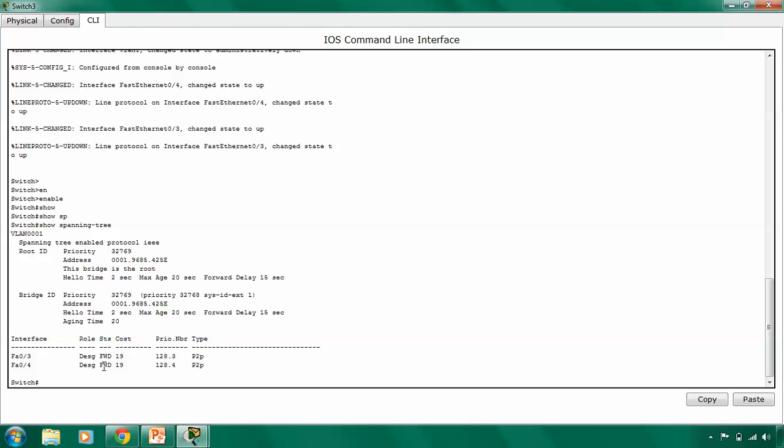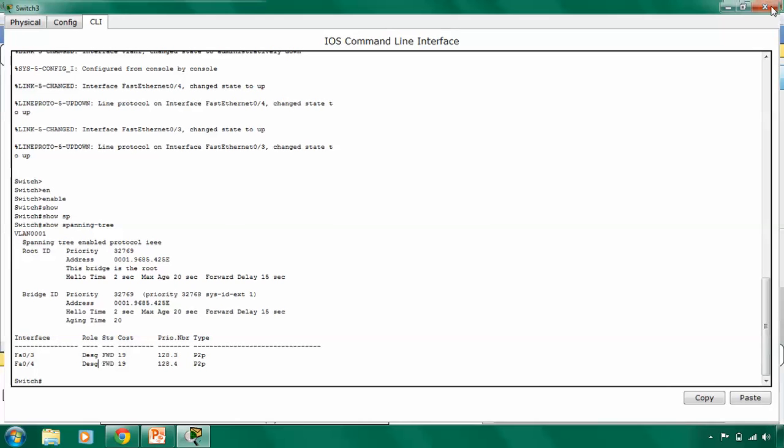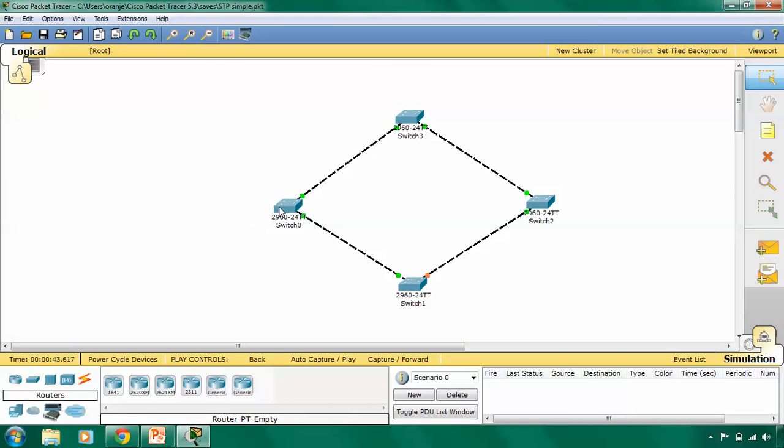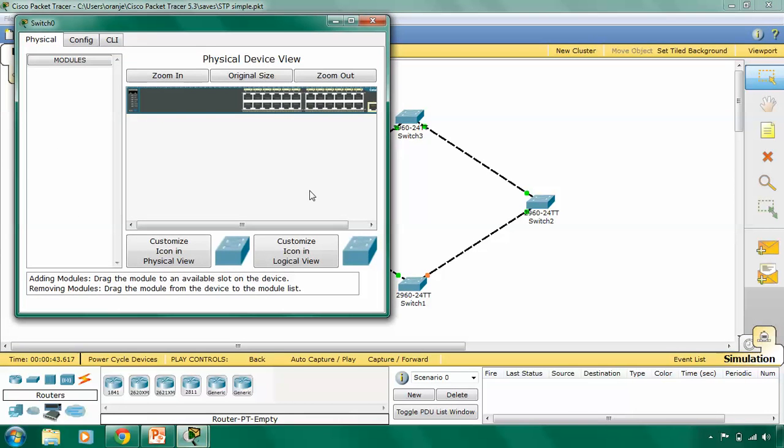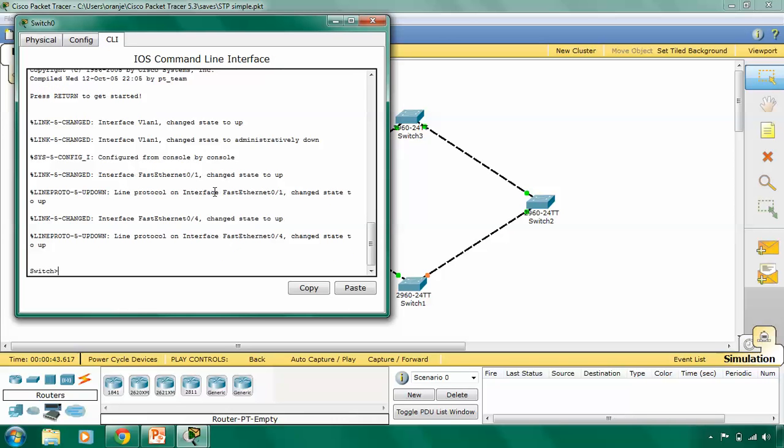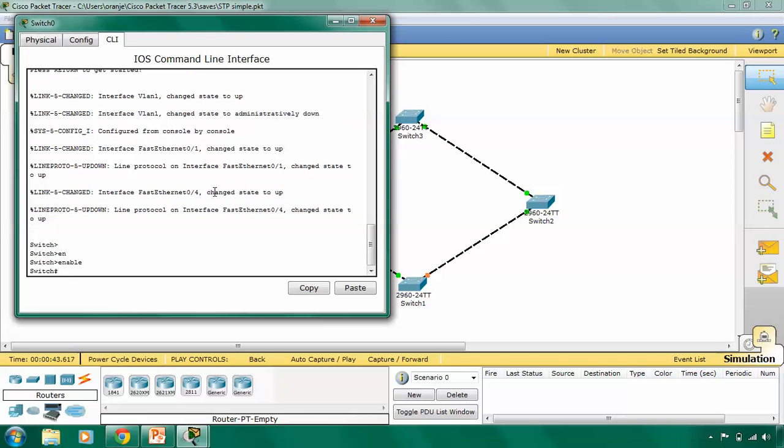So this guy has declared himself to be the root bridge because he had the least bridge ID, and then he has all his ports in the designated state, and all his port states are in forwarding state. So this bridge is fine. He's resolved himself in a proper way. So now let's look at this bridge. We run the same command here,